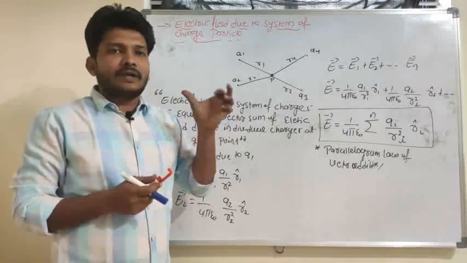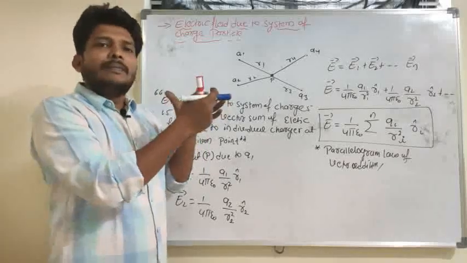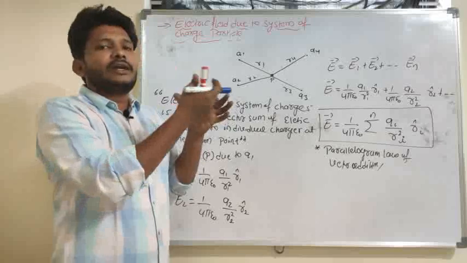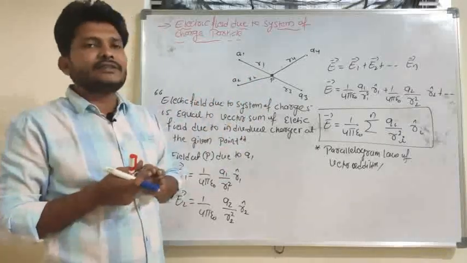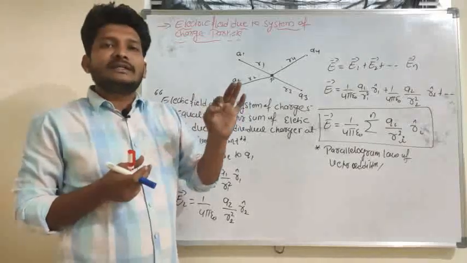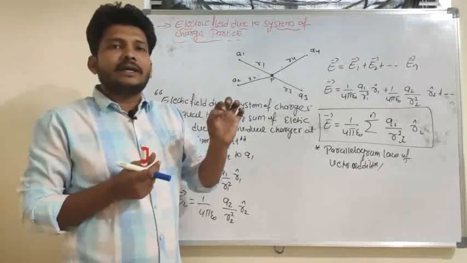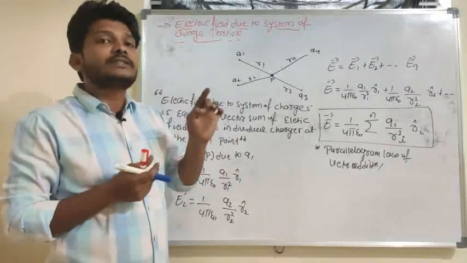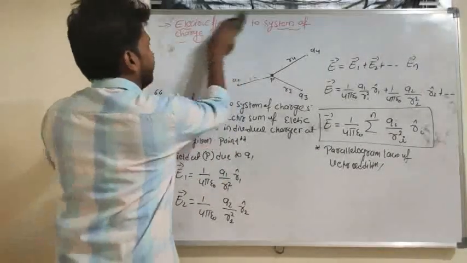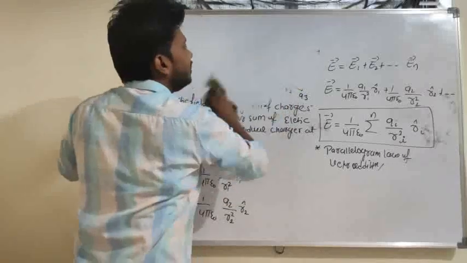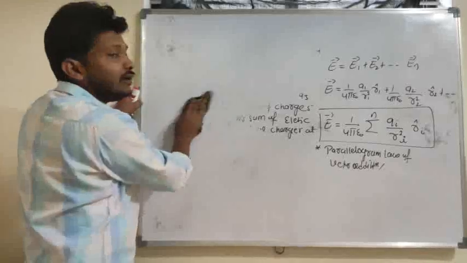Now we'll look at this. For example, I will take two charges, positive and positive, or negative and negative, or one positive and one negative. For two charges, like charges or unlike charges, I will get a resultant electric field that will be 0 at one point. So where shall I get the resultant electric field 0? In order to calculate that, the point where the electric field is 0, I will name it a null point or neutral point.